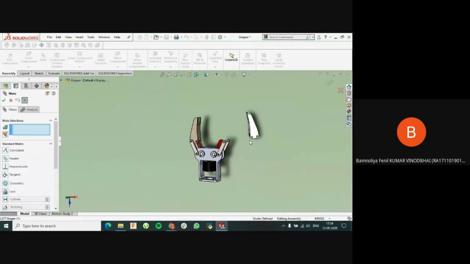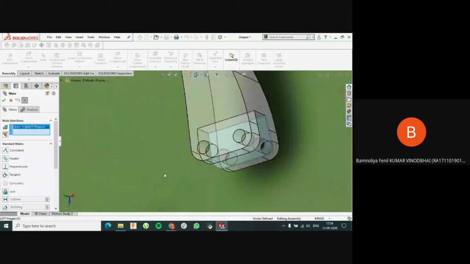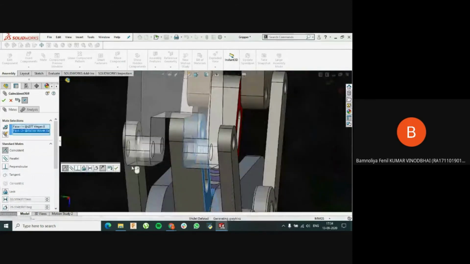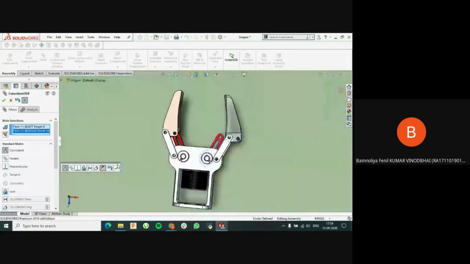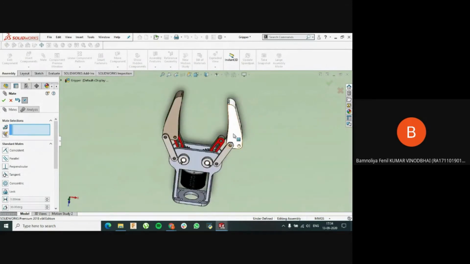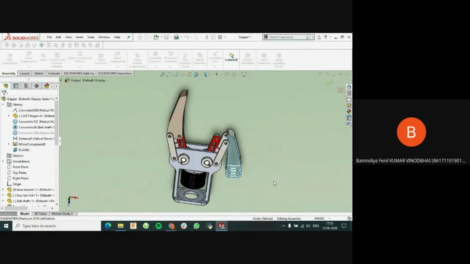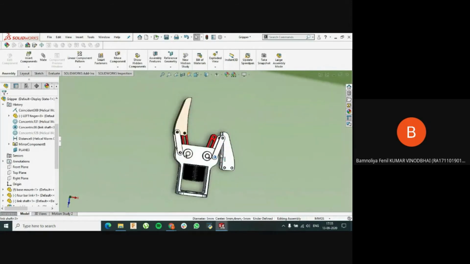Just select both bodies. Select both body surfaces that you want to mate, and SolidWorks will automatically detect which mate it is. Here you can see the mate type is coincident. So I will click the right mark and see. Now I will move this part, and it will drag on that face. It is dragging on that plane, but those surfaces are in contact, no matter where I go and how far I go with this part.